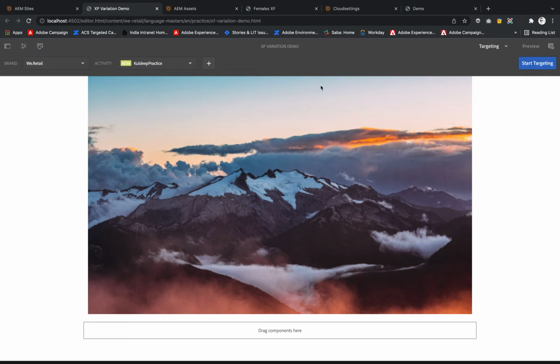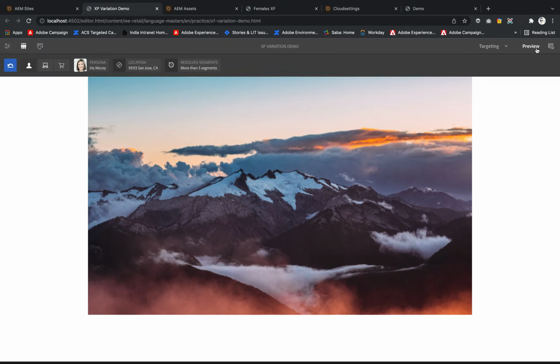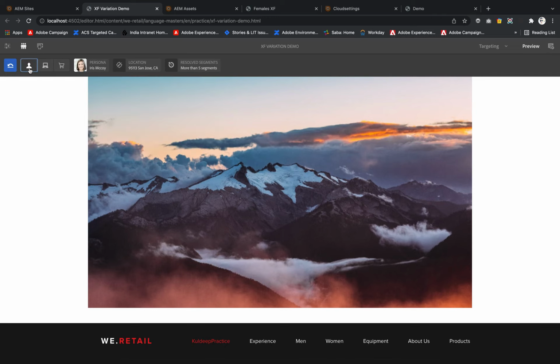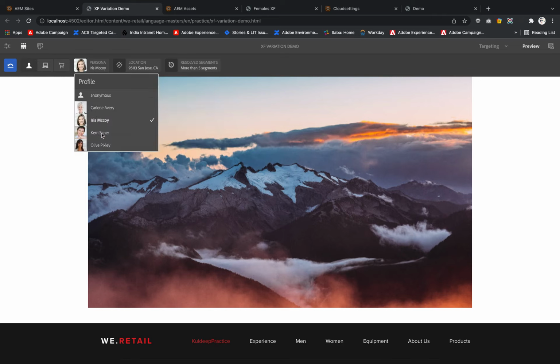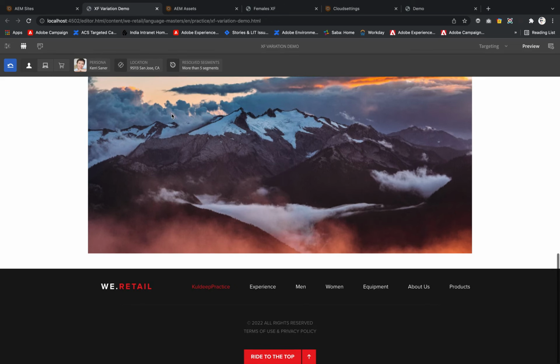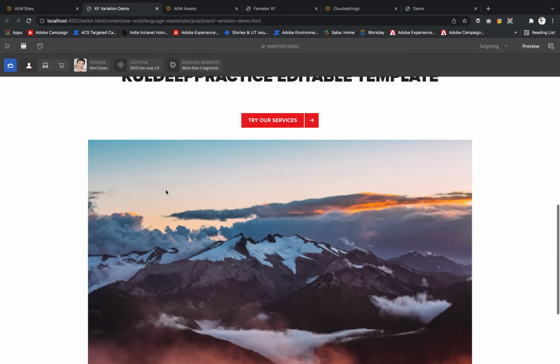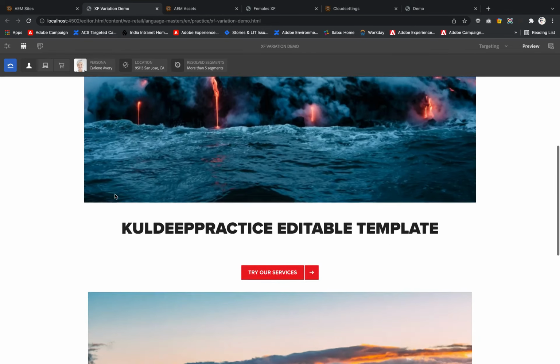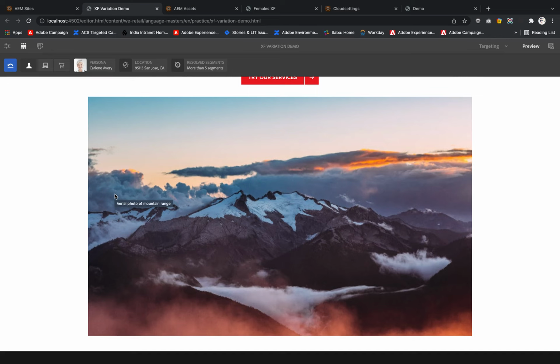Let me go back and I will select preview, and you can see, let me switch to the profiles persona instead of this. If I pick this, so I think the experience fragment didn't get mapped properly, or it may be my AEM issue, but what needs to be done here? Let me reconfigure that thing, because I think it is not